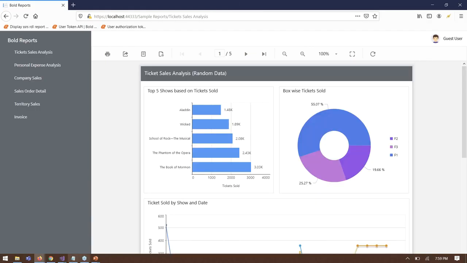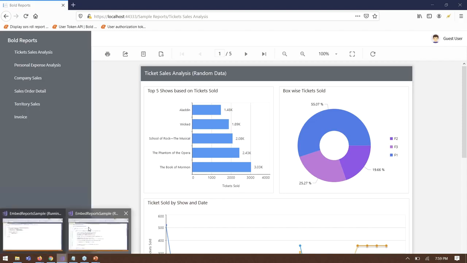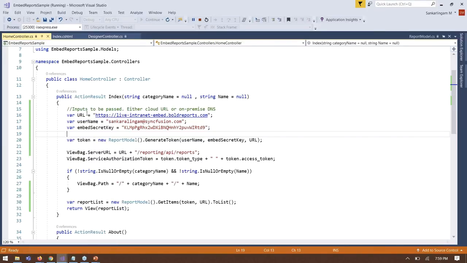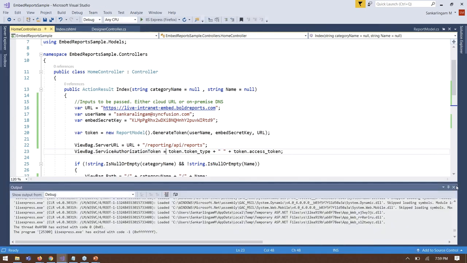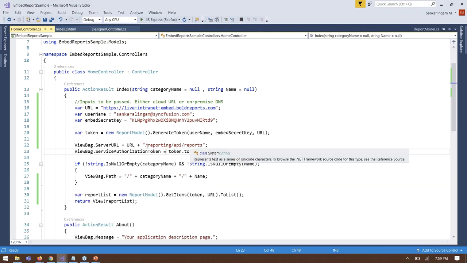The same approach is followed for on-premise also. The only difference in the sample is the report endpoints. Here the cloud is single tenant, so we are directly accessing the report viewer component. Since on-premise is a multi-tenant application, we need to pass the tenant name in the URL, where site slash site1 is the tenant identifier for my on-premise app,